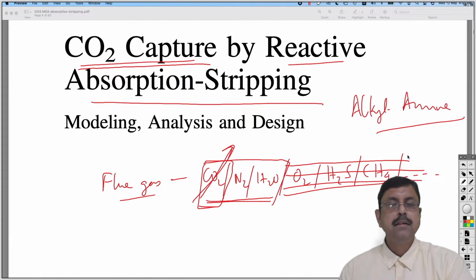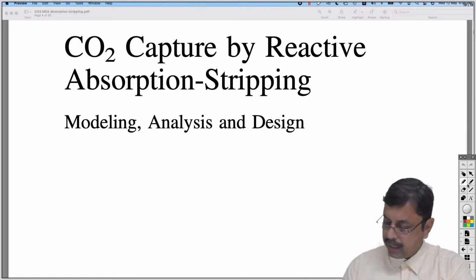If we heat the rich amine, that means the CO2 absorbed in amine, that we call a rich amine, then CO2 gets released very easily and the amine gets free of CO2, and that can be reused. So basically we will have an absorption column,